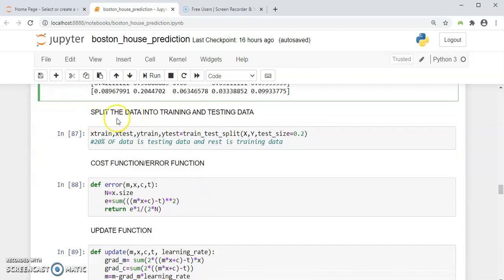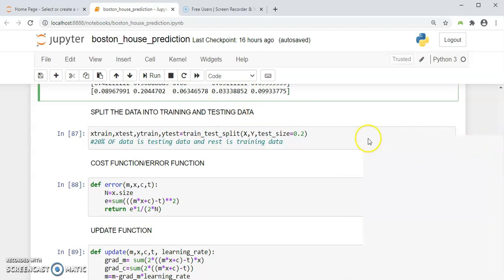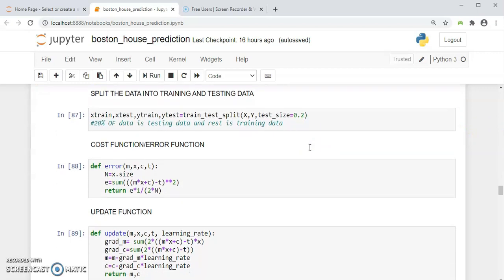The second step in linear regression is to split the data. Generally, we split the data in three orders: the training, the validation, and the testing data. But this is continuous data, so we don't have to split it into the validation. We can simply split it into the train and the test. To do so, I'm using the sklearn function train_test_split, giving the parameters x, y, and the test size equals to 0.2. Test size equals to 0.2 shows that 20% of our data is going to be the test data only, and the remaining 80% is going to be the train data.